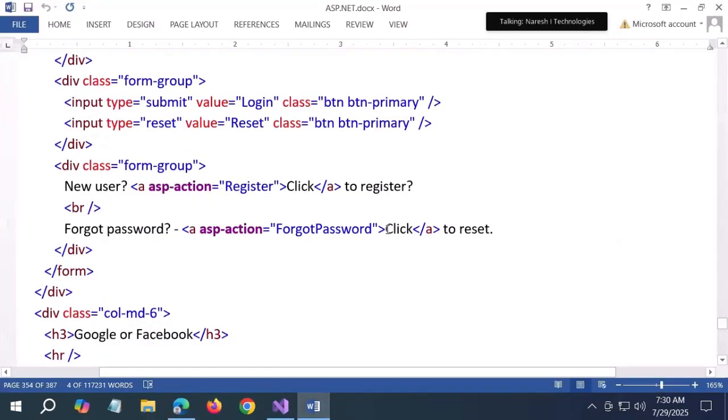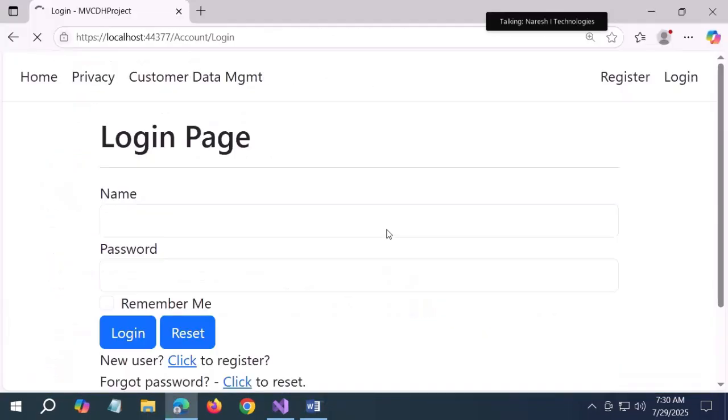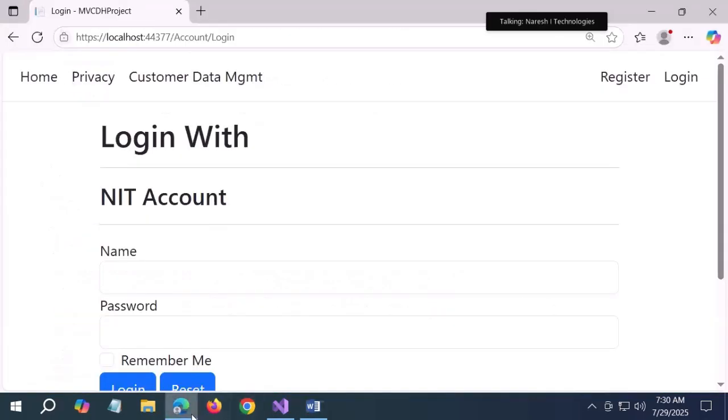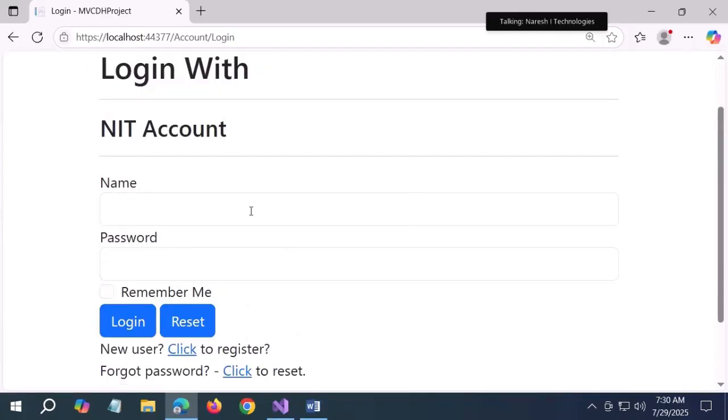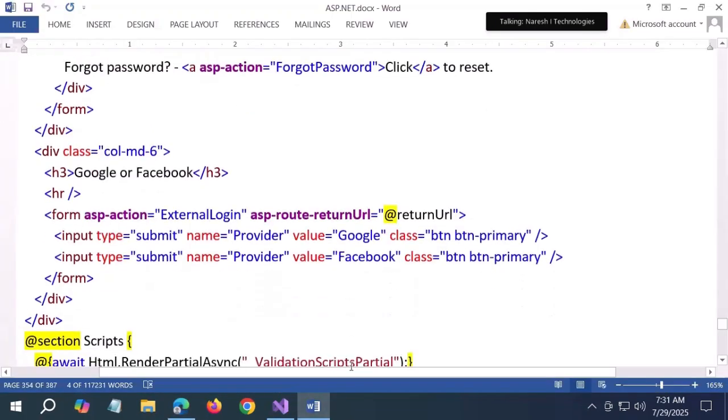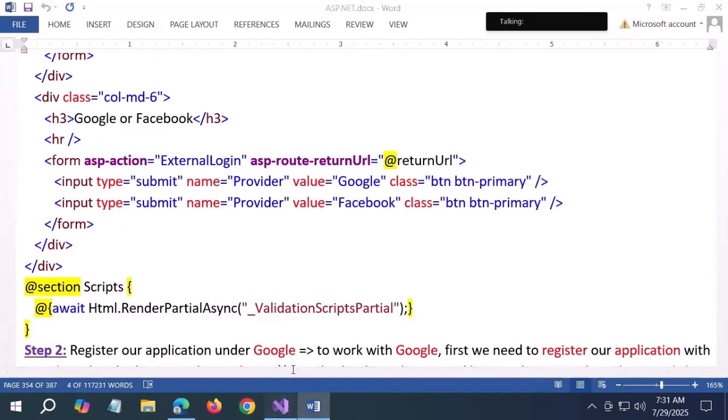I given the complete design, guys. Copy it as it is. Okay. I given the complete design to you on screen. See there, login with NID account. But still, if you see, it is like the full size. No, I don't want it like this. Okay, we'll do it. Now,